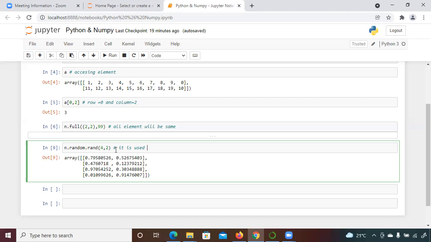So similarly, there are a few more functions. Just a minute.